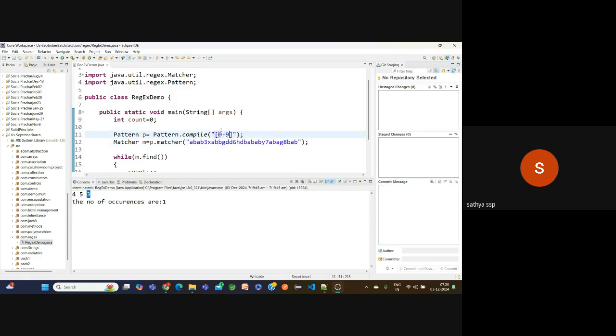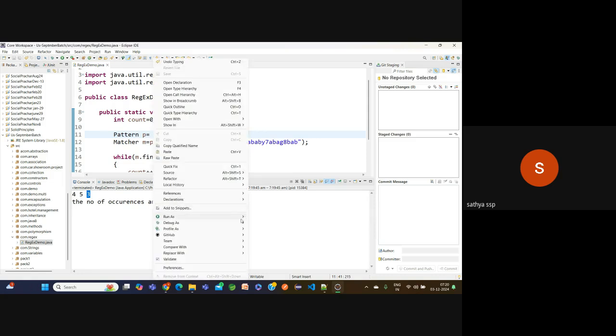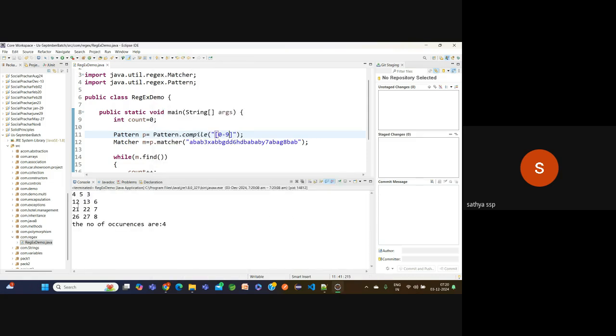Okay, 0 to 9. Now right click, run as Java application. All the numbers 3, 6, 7, 8. You can write like this. Okay. Now suppose A to